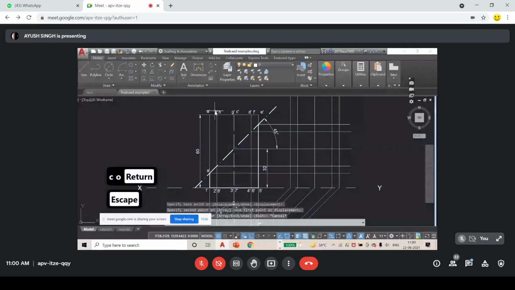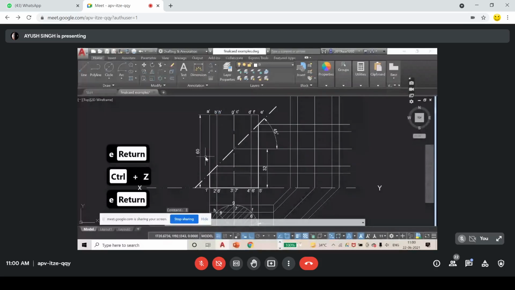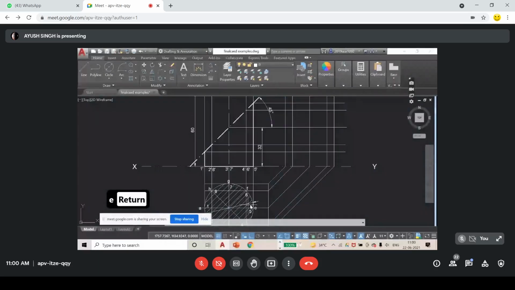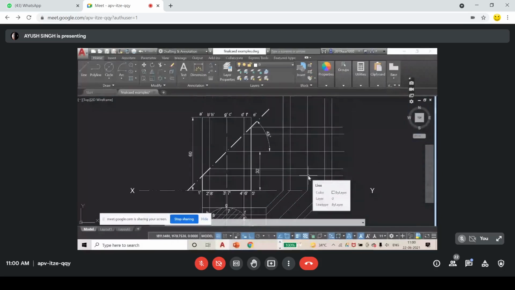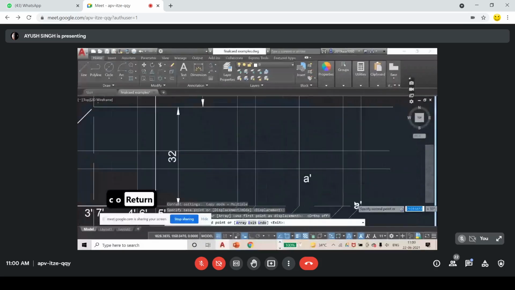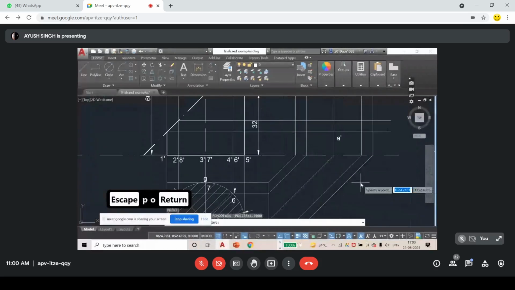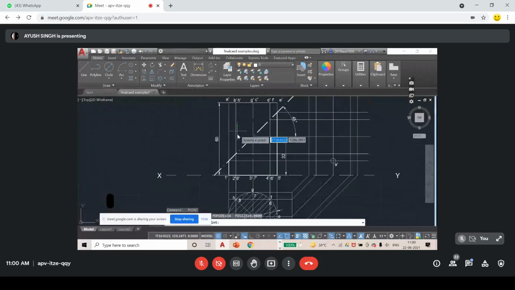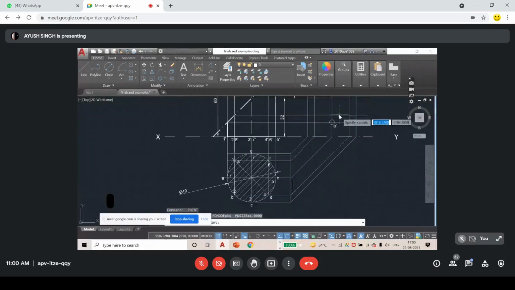Here, I can see from here. This is A dash. So corresponding to A dash, we have A here. So this is the point A. I am going to copy this A dash and place it here. First I need to mark the points. This is A, the first point. Next B, where is B? Find out B. B is on this line, and this B is coming from here.